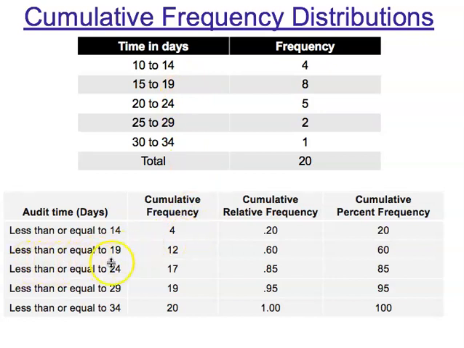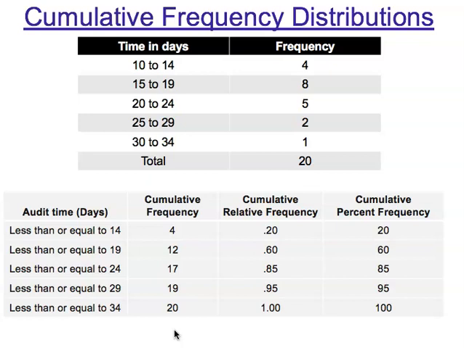If we want to look at less than or equal to 19, that includes our first 2 classes. So we would actually take the first class, 4, and add it to the second class, 8, giving us 12. If we want to look at less than or equal to 24, that would include the first class, the second class, and the class in question. We'd take 4 to 8 to 12, and we would end up with 17. And you just continue this process. Now, when you get to the highest value, you're going to have n, which is the total number of frequencies